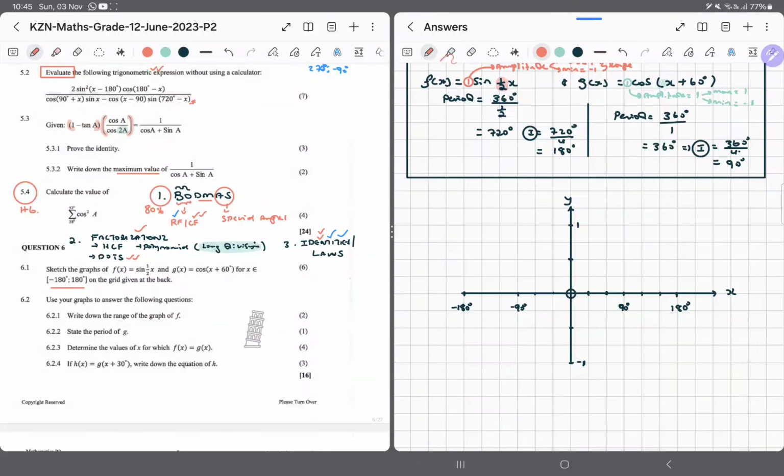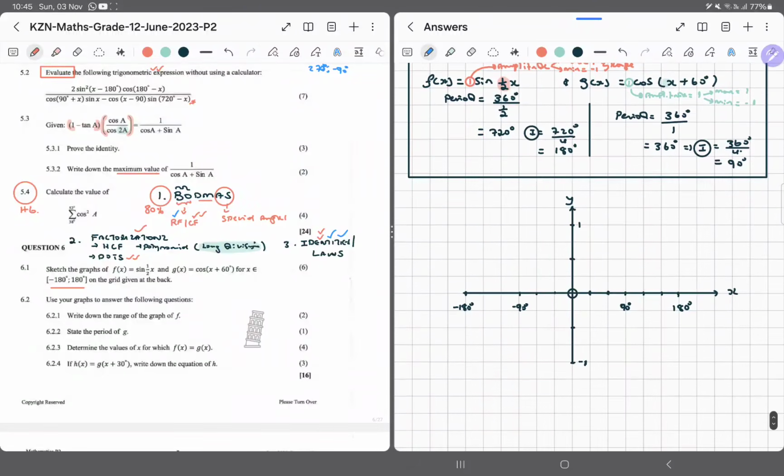Now what do we do? We sketch, we plot, we do it. Now for the sine graph, easy. We know that essentially the sine of 0 is 0, so it's 0 here. Okay, and then now since the period is 180, it means we'll hit our first critical value, which would be the turning point at 180 this time around. Okay, easy. This is what we're going to see,